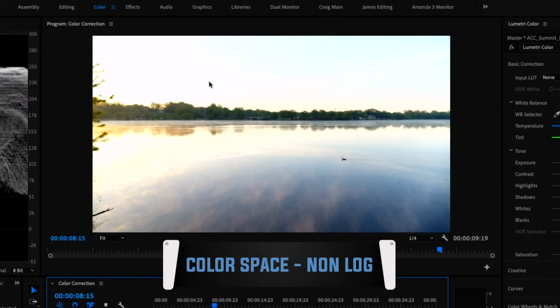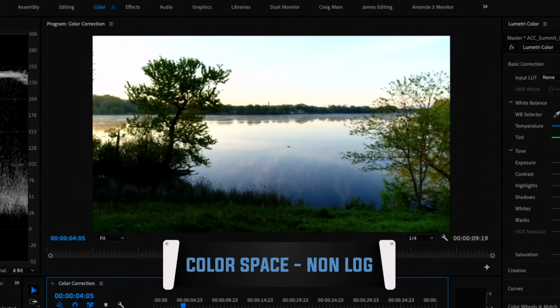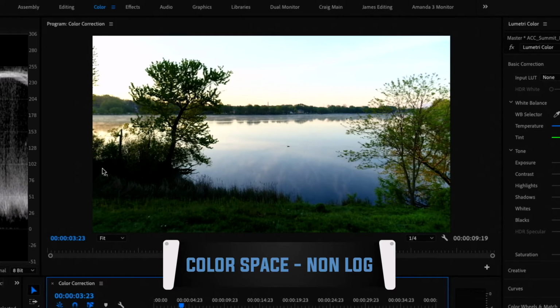So there might be clouds here. This sky may have actually been a little bit more blue to the human eye, but the camera can't actually pick that up because it's so bright that that data has just completely clipped. That can happen in the shadows as well. And that data will just be pure black and you won't be able to see, like in this area of the image, for instance, you won't be able to see the detail of the branches and things like that